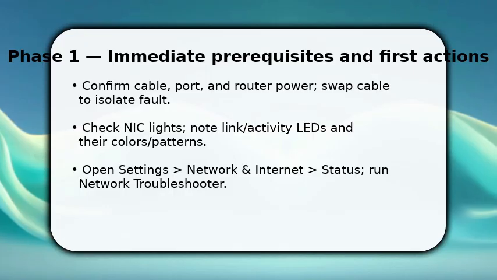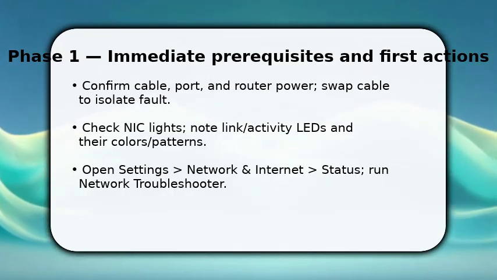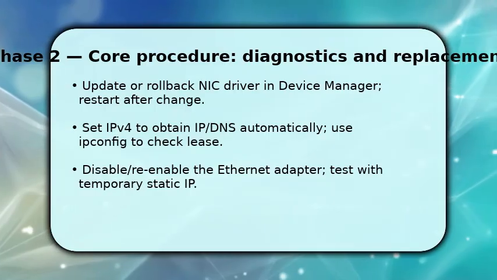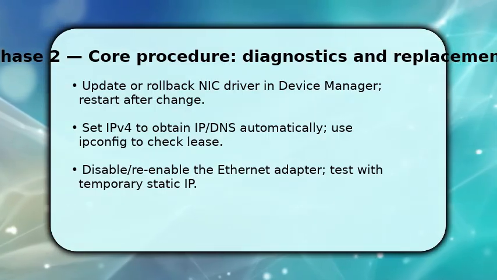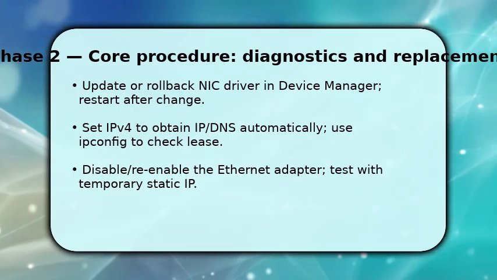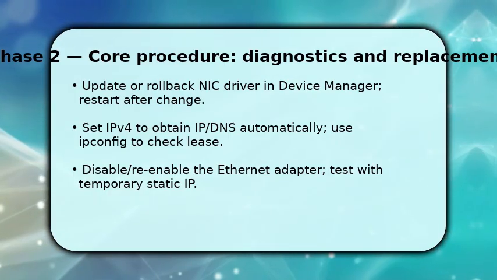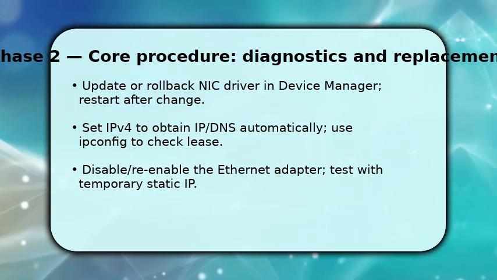You now focus on Windows configuration and drivers. Open Device Manager, find the Ethernet adapter, and choose Update Driver. If a recent update broke things, use Rollback. Then check IPv4 settings. Ensure Obtain an IP address automatically and Obtain DNS server address automatically are selected, unless your network uses